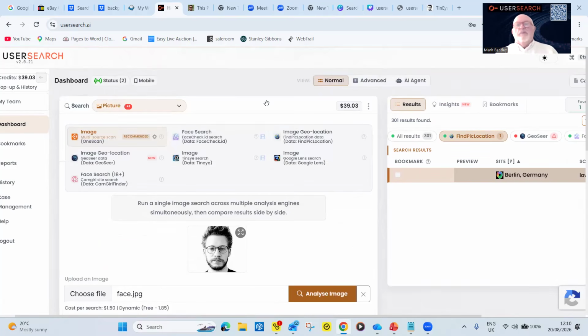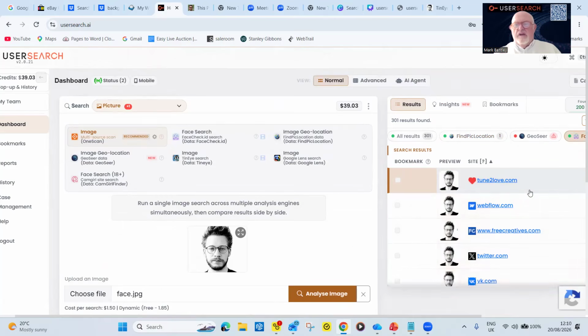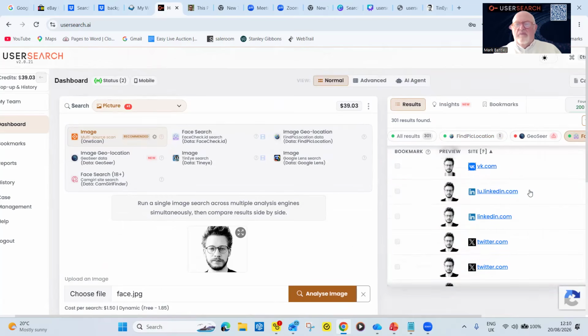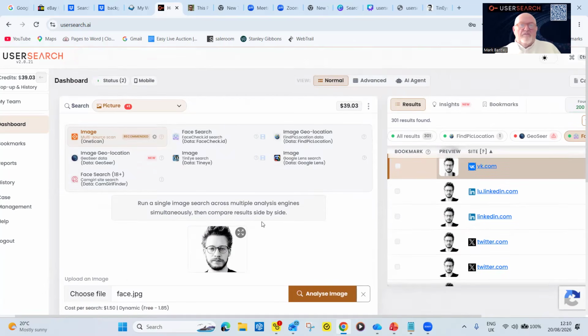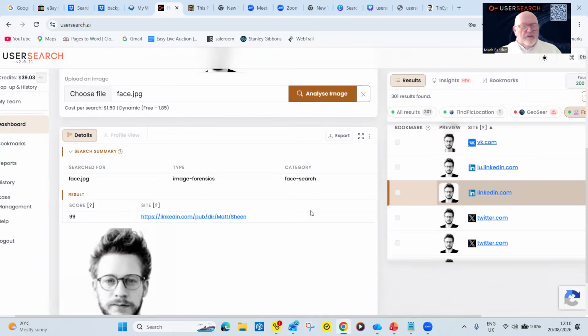And you'll see, we're getting the TinEye stuff and the Google image stuff, but you're also getting the geolocation, the photo stuff here. And if we go and have a look at one, you'll go down to the bottom here. And the name that's given here is Alexa Vassi. Now, by doing this, it's still within the secure server. I haven't gone anywhere. So OPSEC is 100% bulletproof. We've got a LinkedIn page there. Let's go and have a look at that one.